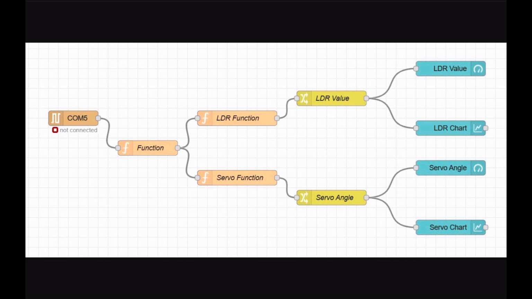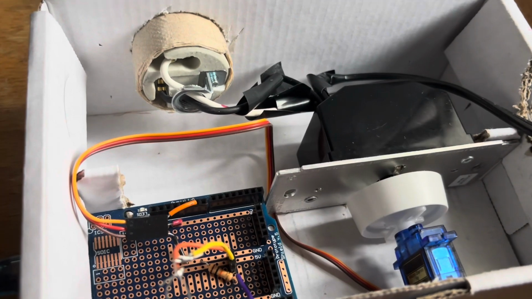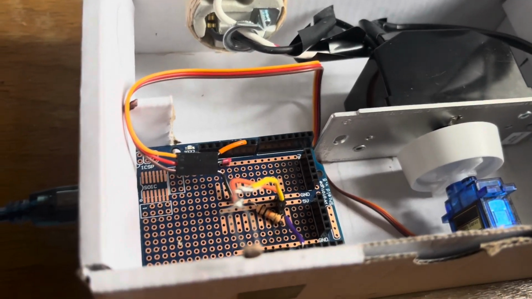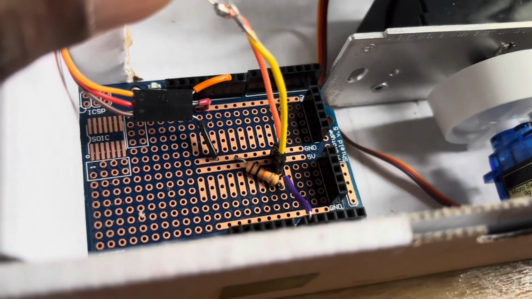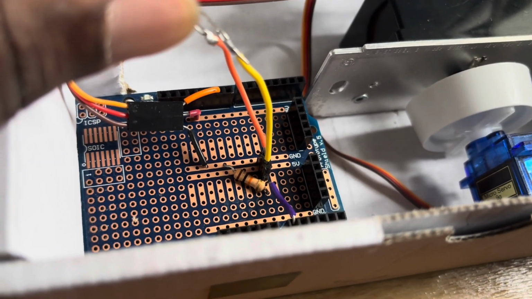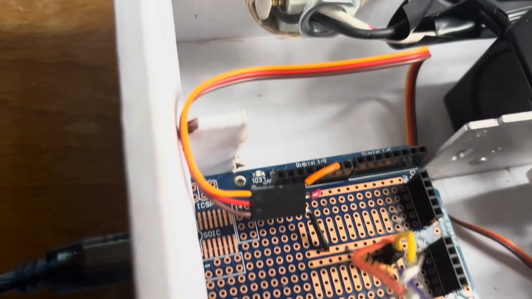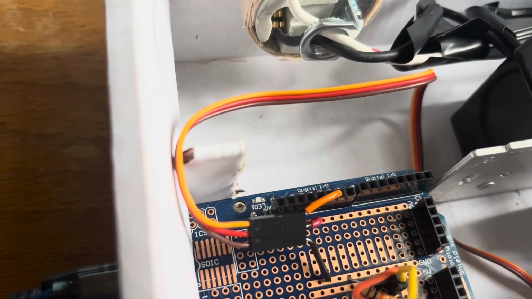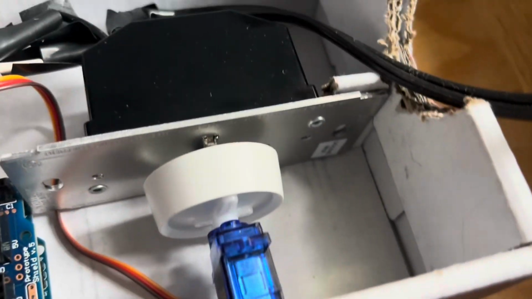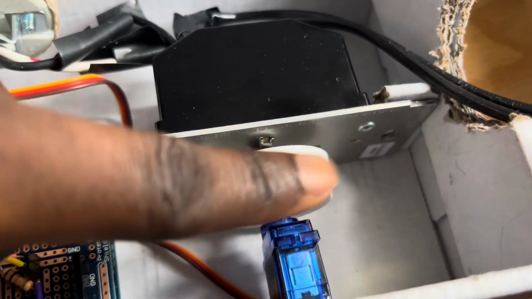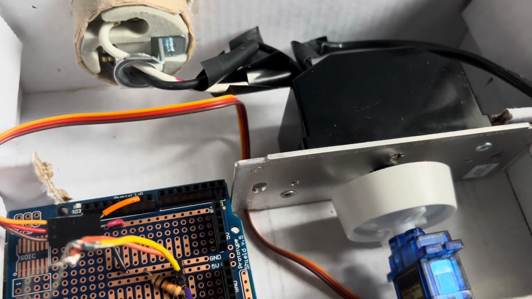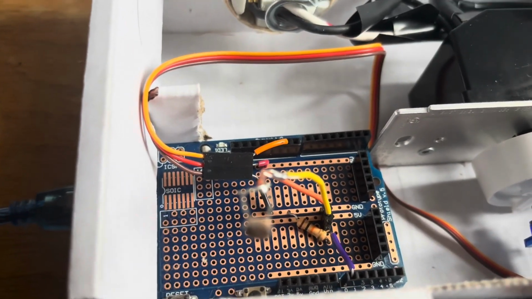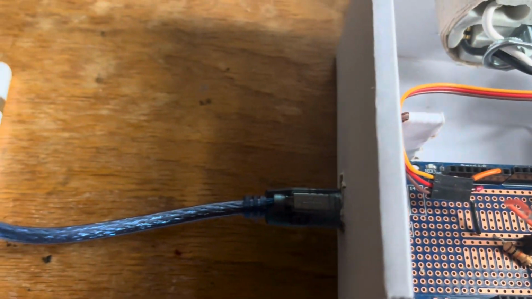I'll be now showing you inside of the device. So basically this is the inside of the device, and over here you can see the connection for the LDR. It has a voltage divider connection with a 10K resistor, and then we can see our servo motor's connection, which is then mechanically connected with the dimmer switch. All these parts from the servo motor to the Arduino are the DC part, which is